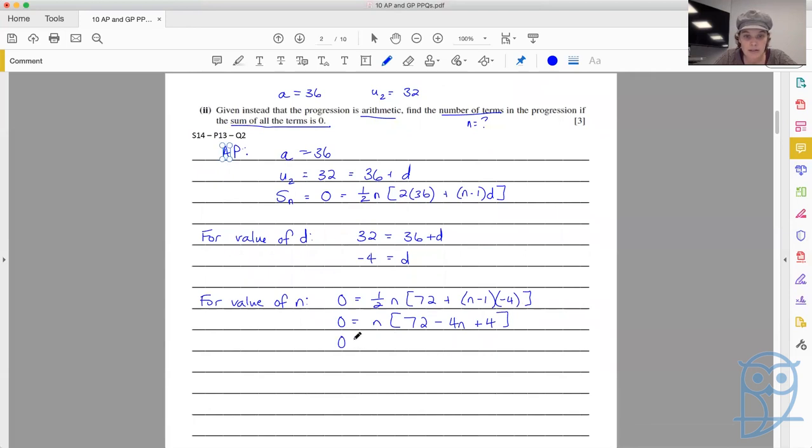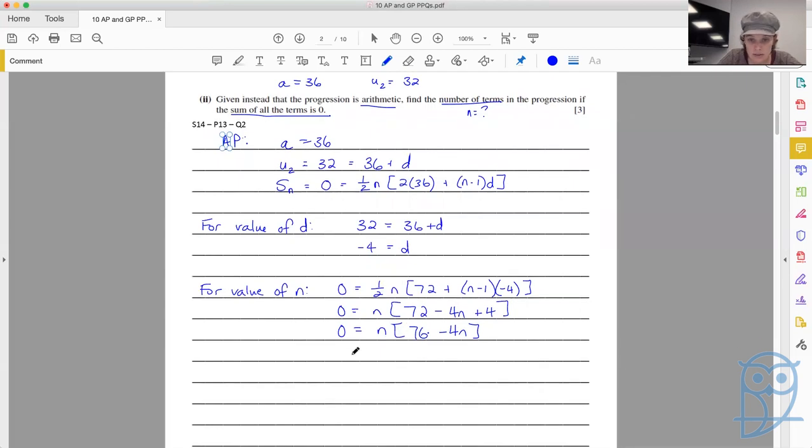Simplifying inside our brackets, 0 equals n. This would give us 76 minus 4n. Okay. Now, we do not want to divide by n. So we need to solve this. What we have here is effectively a quadratic. We have n equals 0, or we have 76 minus 4n equals 0. So 4n equals 76, and n equals, let's double check it,